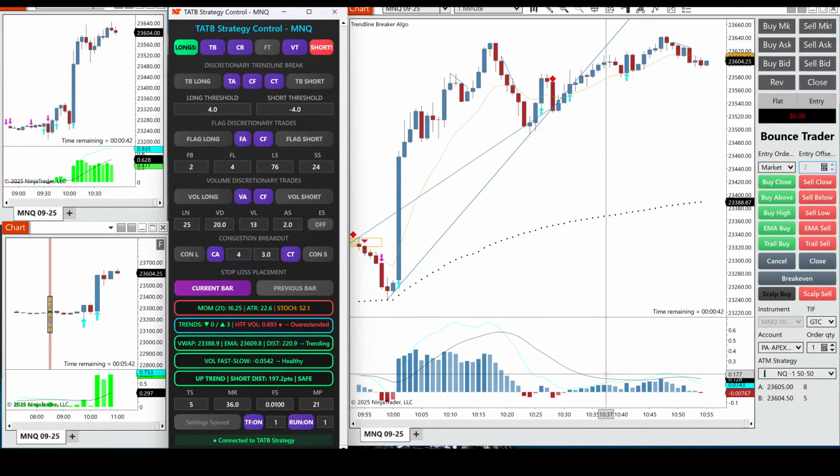If you look here, price moves up, this pivot high, this pivot higher, same thing here. Volume also is moving higher, so